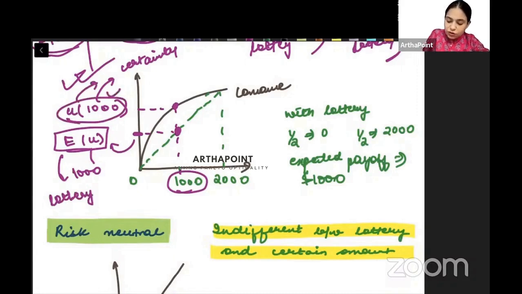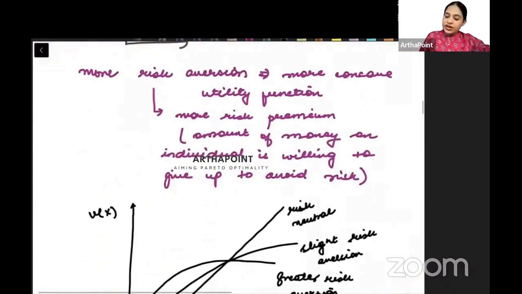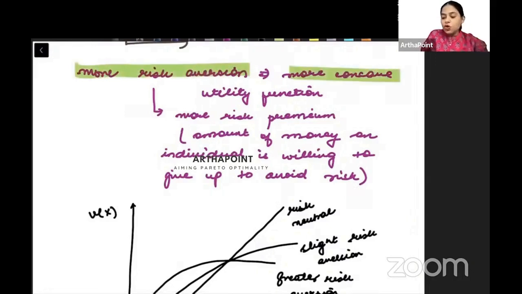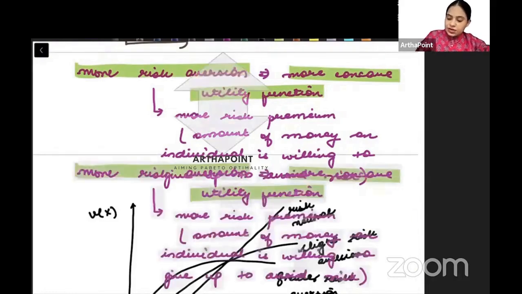So you see, utility from not playing the lottery is much more than utility from playing the lottery. You can see this. So the concave utility functions are basically showing those curves when you have a risk averse individual. Now we are saying that the more the risk aversion, the more concave the utility function. ठीक है, तो basically क्या है? If I have